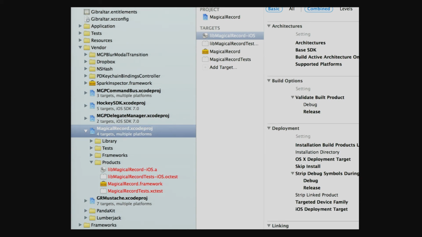Since I don't use CocoaPods or the other ways of managing frameworks, what I'll do generally is have my application, create a vendor folder, and have a sub-project here. Then I can grab the library and just drop it into the linker steps of the main project, the top level project. So it's really easy to see the dependencies, and everything is built just as you'd expect.